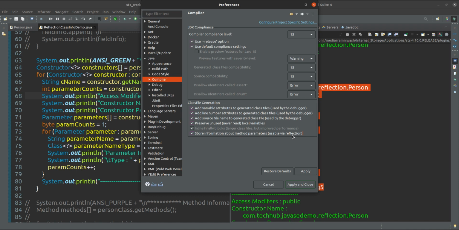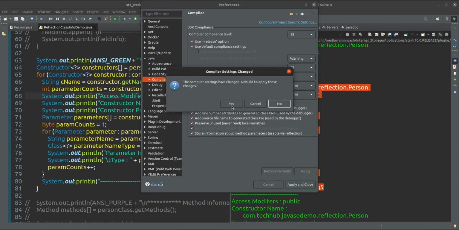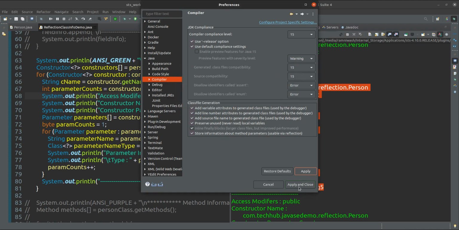If you want to use this information via reflection, you have to enable this option, store information about method parameters. So I am checking this, clicking Apply, and Apply and Close.